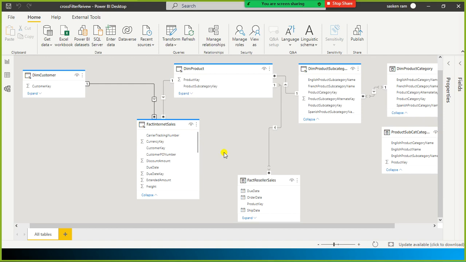When it comes to a many-to-many relationship, we cannot filter these two tables directly. Instead, we need a junction table, because we can filter only one-to-many. So we can filter the sales table by the dimension table only. With one-to-many, you can do filtering. Many-to-many, you cannot do filtering directly. Hence, you need an intermediary table. It is also called a link table, junction table, or bridge table.